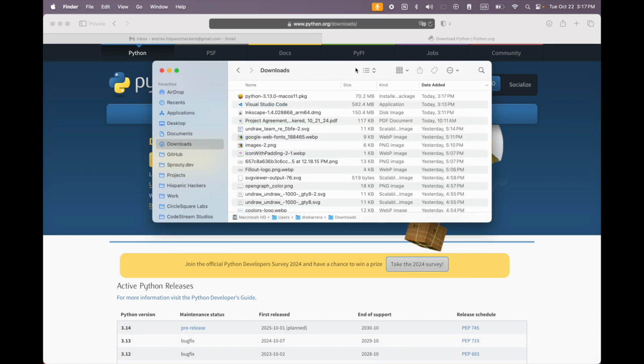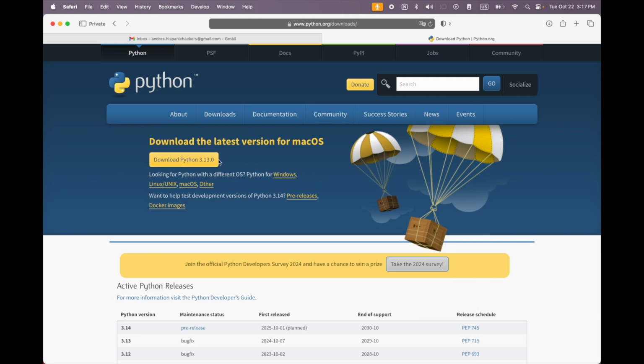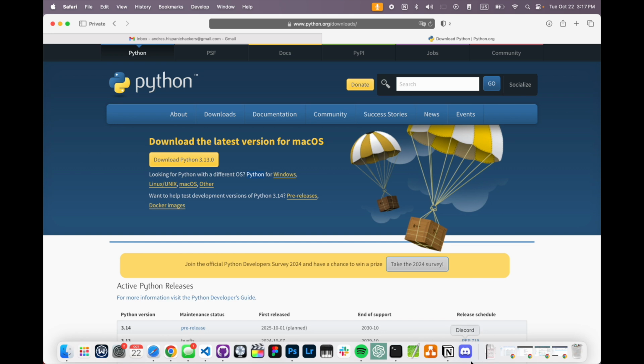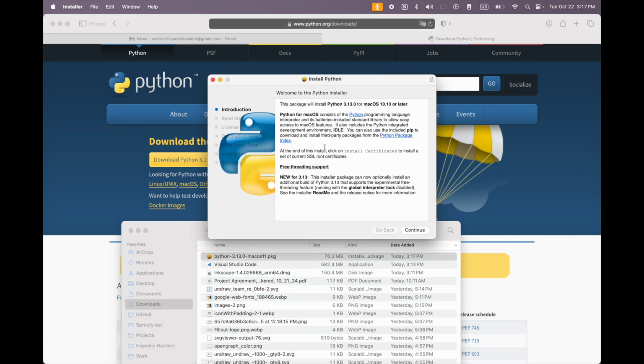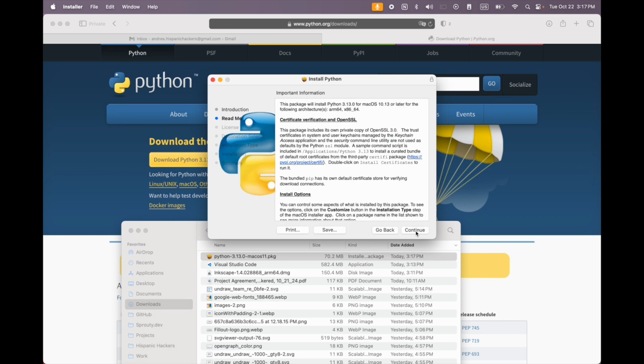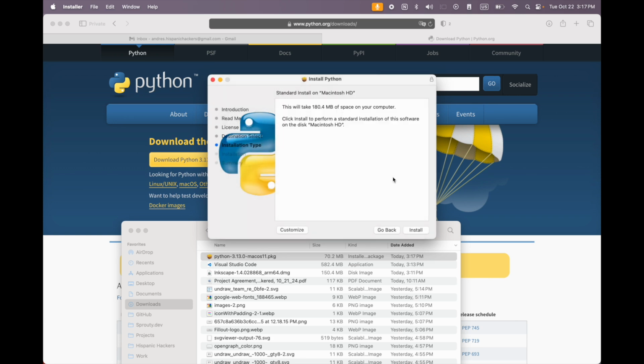Now when we open up our downloads, that download button, by the way, is showing for Mac OS because I'm on Mac OS and it's auto-detecting my system. But if you're on a different operating system, you can use these buttons to download for other operating systems. So now we're going to go back to our downloads button. We are going to open our package. We are going to hit continue in the installer. We are going to hit continue again, agree to the terms and services, and then we are going to hit